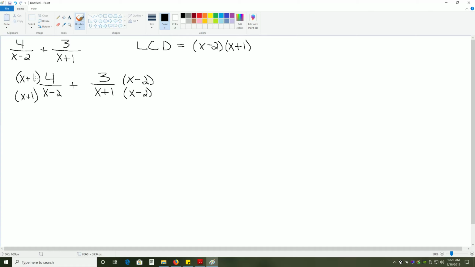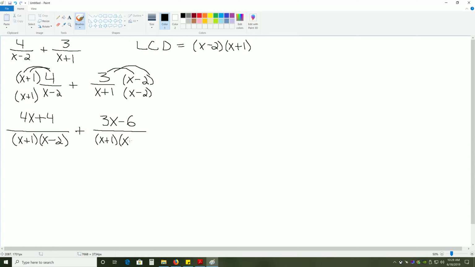So in the top one, we're going to distribute this 4, which gives us 4x plus 4 over our LCD, x plus 1 times x minus 2, plus, now we'll distribute the 3 to get 3x minus 6 over x plus 1